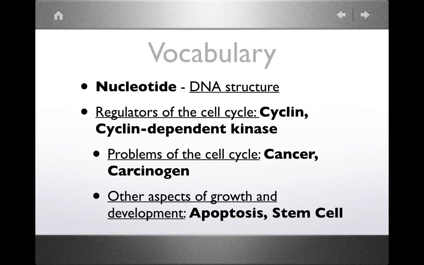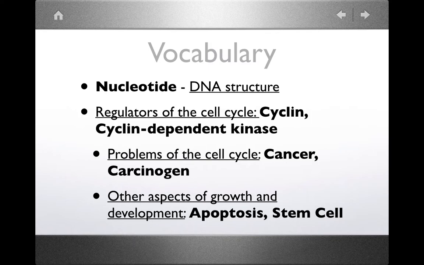So we're talking about DNA still, and the DNA is made up of nucleotides, A, C, T's, and G's, and those four letters are very important, and the order of those four letters in DNA is very important. And when we don't get the letters right, or when the cell doesn't get the letters right, we call it a mutation. There are things we do know that regulate the cell cycle would include cyclin and cyclin-dependent kinase.